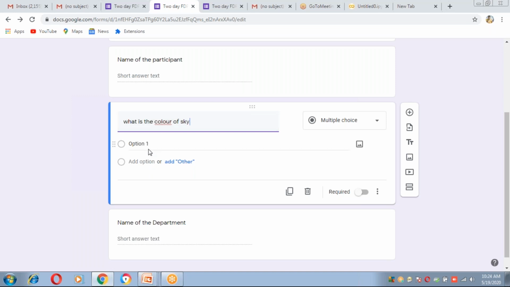This is an MCQ, multiple choice question. We have to choose multiple choice, and at this point we can give our options.